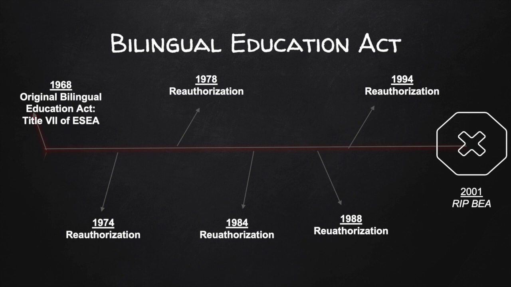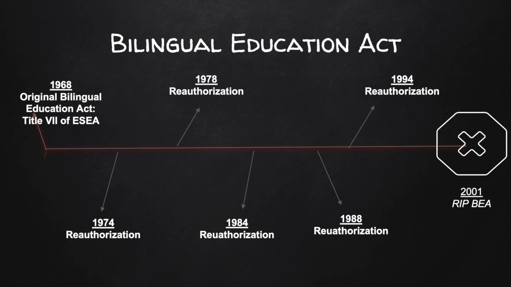It's important to remember that with the Bilingual Education Act, there were a lot of broad policies, but keep in mind that if it hadn't been for these broad policies, it can be debated whether or not the act would have actually been put into place in the first place, or if it would have been accepted by more conservative lawmakers.